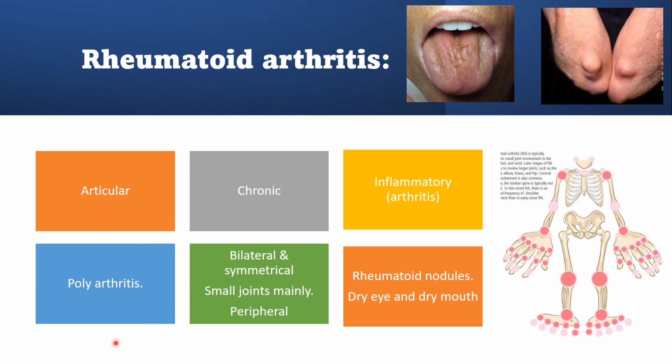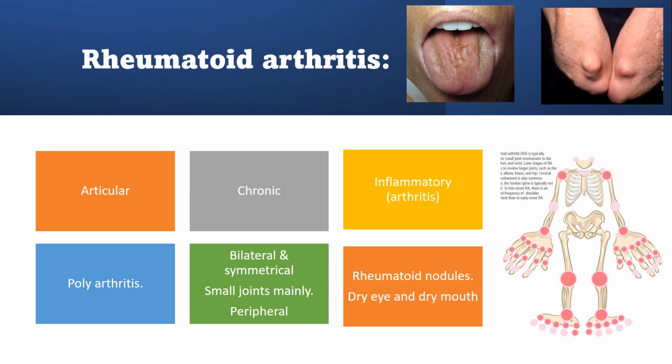The number of joints involved is polyarthritis. As regards the distribution, as we can find in this image, it is symmetrical. In rheumatoid arthritis, the joints on one side will be similar to the other side. Small joints and large joints are affected, but small joints are more common, and it's mainly peripheral. The axial involvement is not typical for rheumatoid, and for extra-articular features, we may find rheumatoid nodules and dry eye and